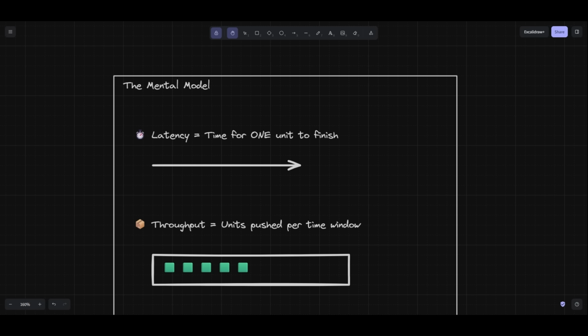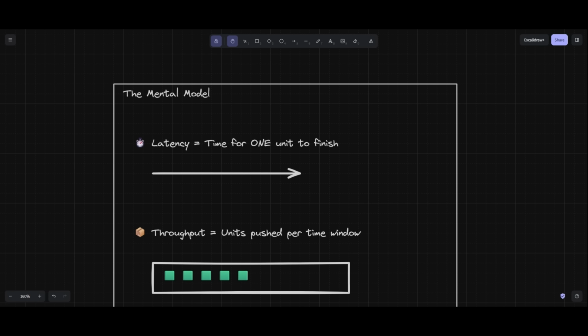Today we're going to look at two concepts that are basically the absolute bedrock of any system you're going to build, right? And these are latency and throughput. It's kind of funny because when you first get into systems, you hear these words thrown around constantly, right? People are always like, "Oh, we have a latency issue," or "We need to scale the throughput." And I think people intuitively grasp them a little bit, but they actually get them confused